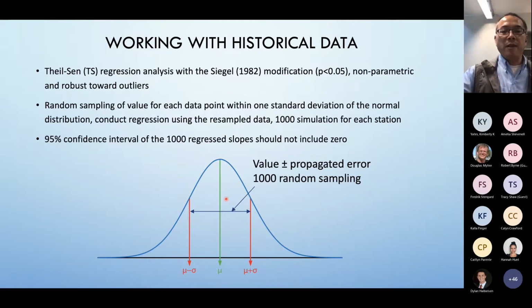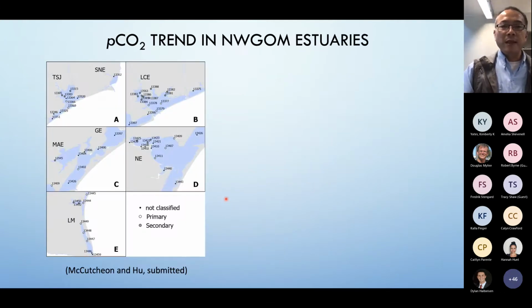Then for the entire time series, there are 1,000 iterations of this calculation, and all these values were averaged together to obtain the 95% confidence interval. Then we compare the two sets of regressed slopes against each other just to see how well the regression works. So these are the stations that we picked from across the entire coastline.